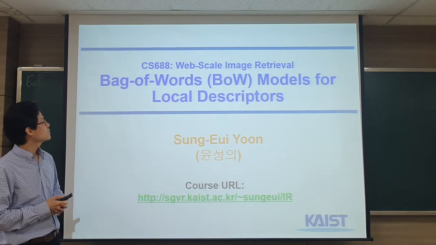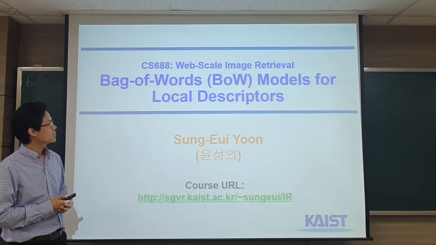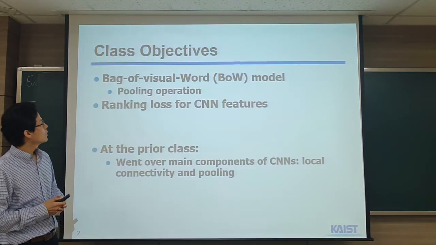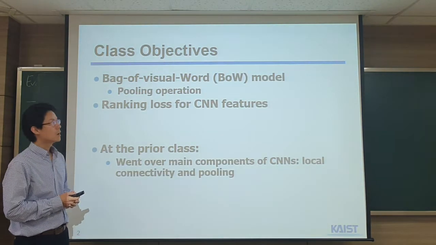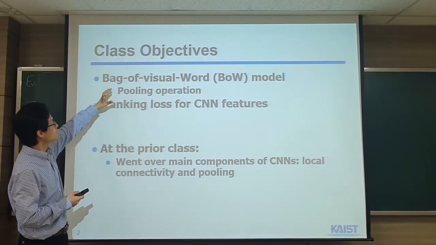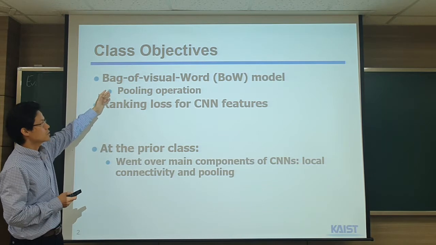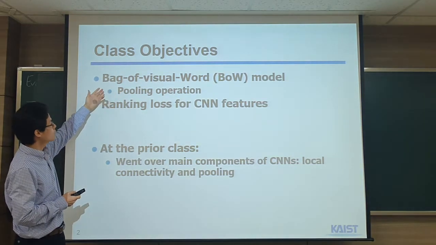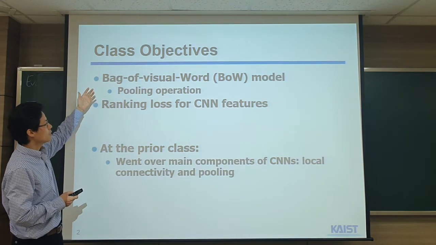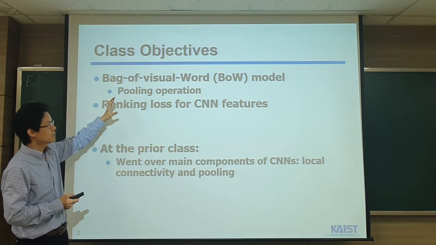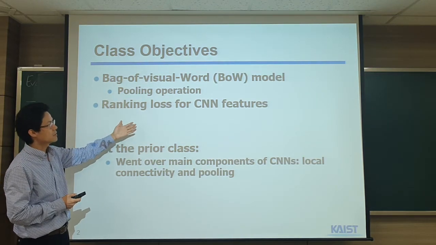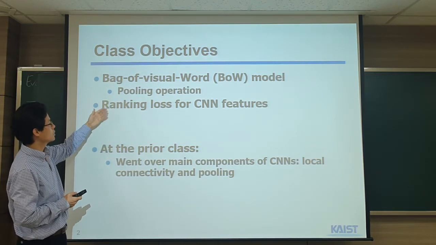Today we will talk about the BoW model for local descriptors. These are today's class objectives. One of them is that you need to understand the BoW, or bag of visual words, model, which is considered a pooling operator that we talked about last time. Also, we will talk about some of the CNN-based approaches, especially for generating better CNN features by using ranking